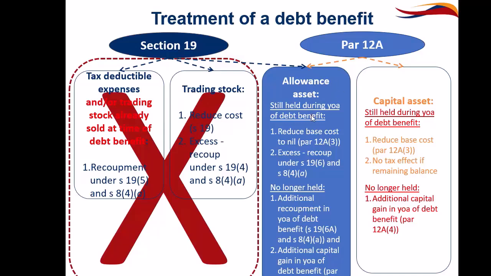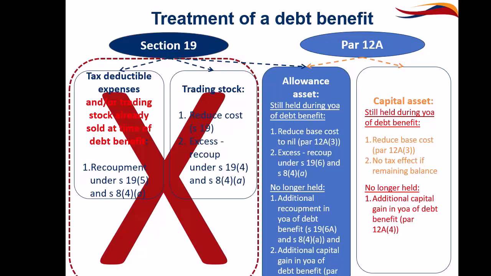Because this is a capital asset, we know that Section 19 will also apply to capital assets together with paragraph 12A. But we also know that we always have to start applying the provisions of paragraph 12A before we can apply the provisions of Section 19. Okay, so now that we've established that this is a capital asset and we've also established that this is an allowance asset, we need to ask ourselves another question, and this is a new addition to